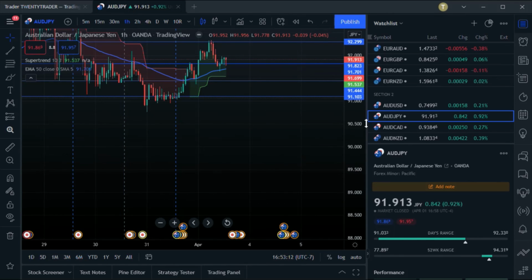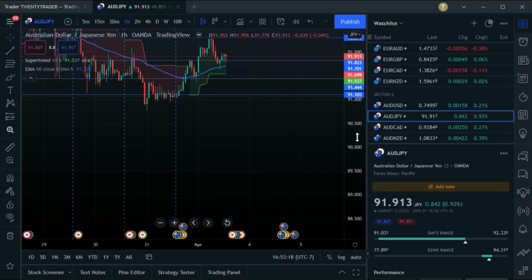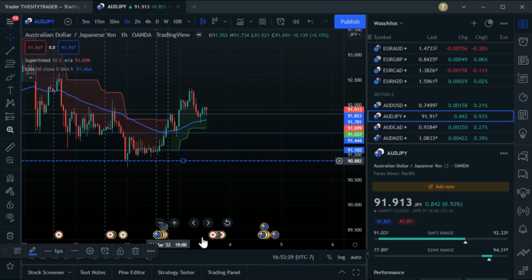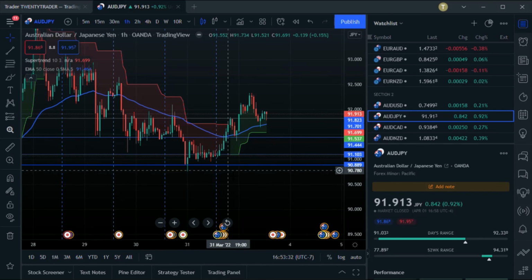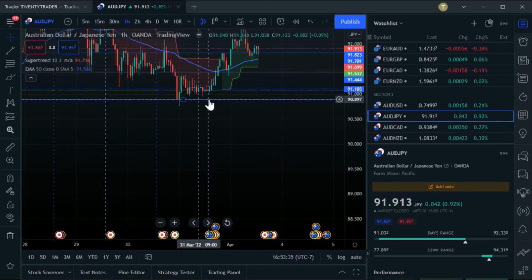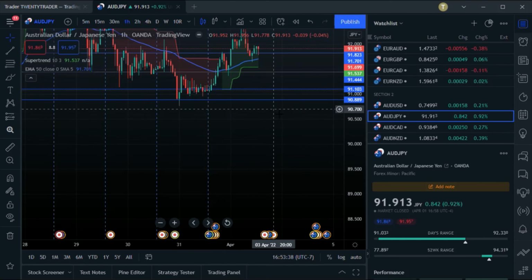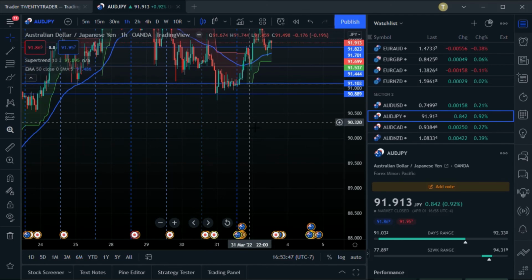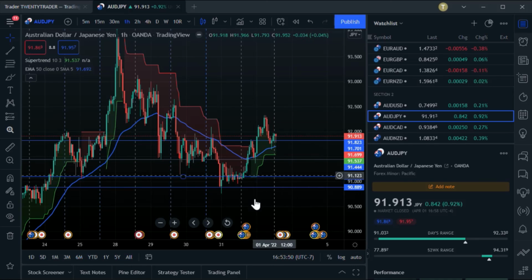So I think this is one of the most misunderstood things: people don't look at the price right here. 90.500, right? All these little price bars on the side are actual price. So I just drew this line, right? I can move it anywhere I want. So I say, oh, you break this, I'm selling it. Right? But I also expect that once you break this, price comes back and retests it. Sell it again. Sell that dog, right? Until you start giving me higher highs and higher lows and you break out of this, I'm short.